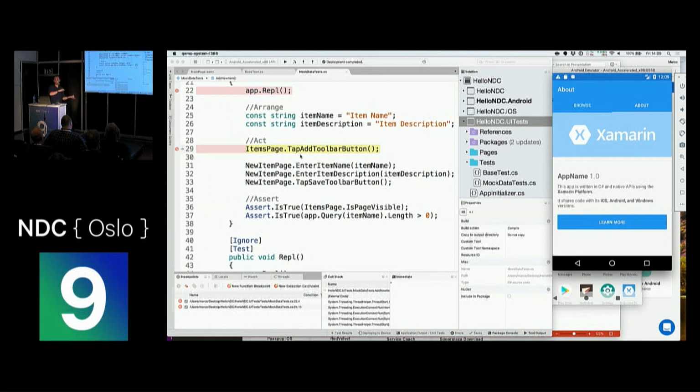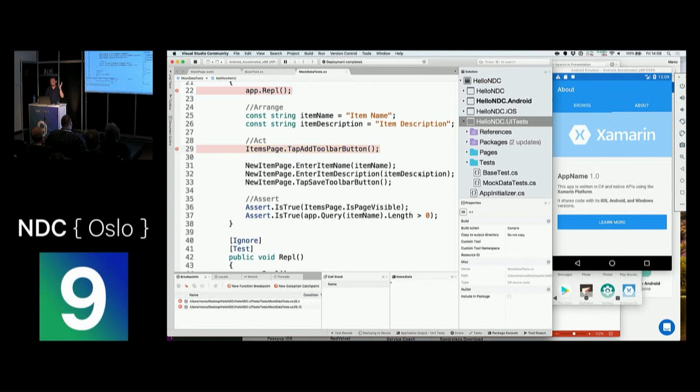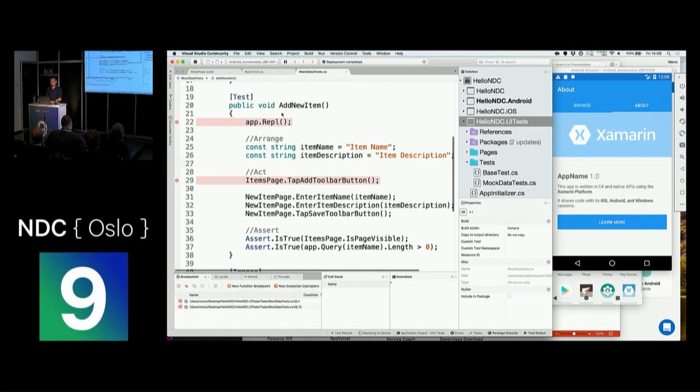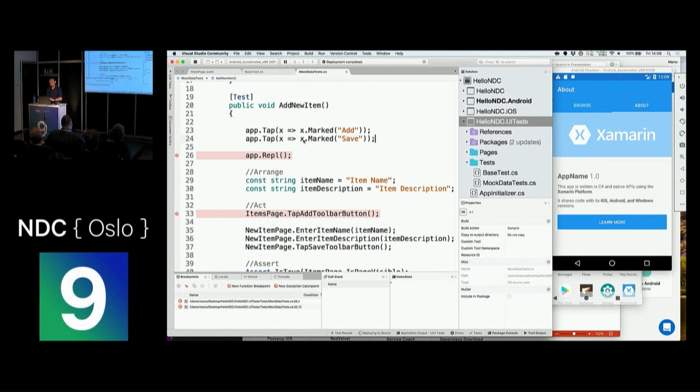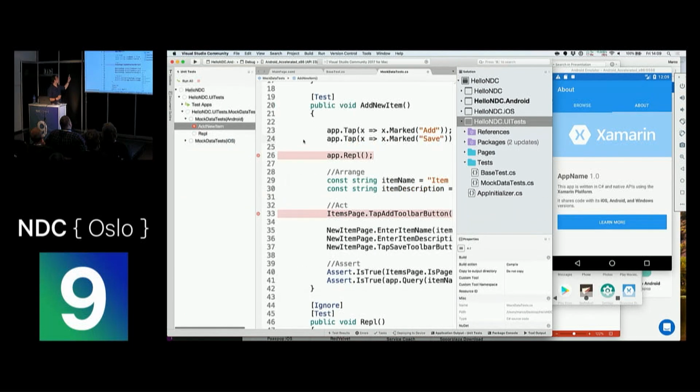and it goes back to my unit test, because that's where I was busy working on. I can just continue, let the test roll. But since I did the copy thing, I can just paste it over here, and over here I see what I initially searched for during my REPL session. And it's really useful, because now I can just use that code to copy paste inside of my tests, making sure that everything should be working properly. So what I've shown you right now is a Xamarin UI test, a really basic example, but that's the way for us as developers to navigate through an application.